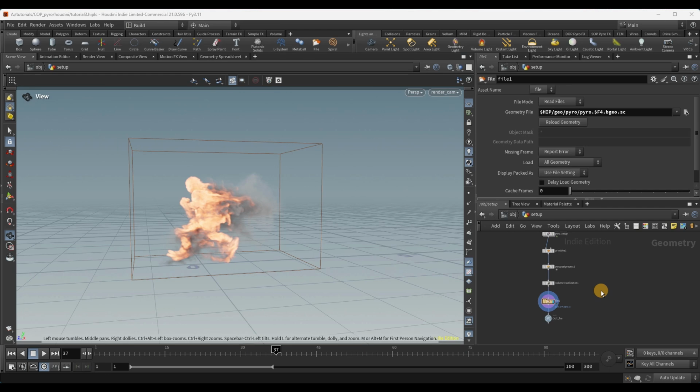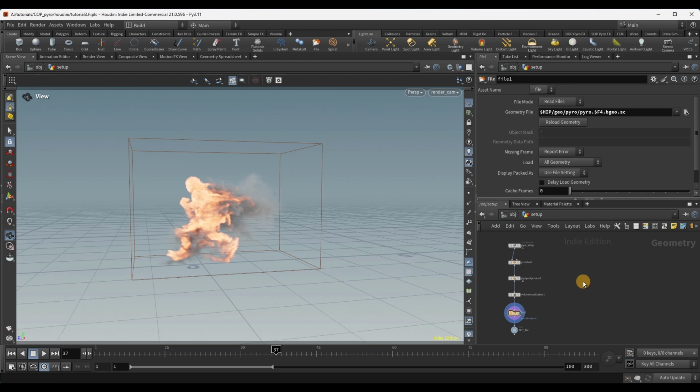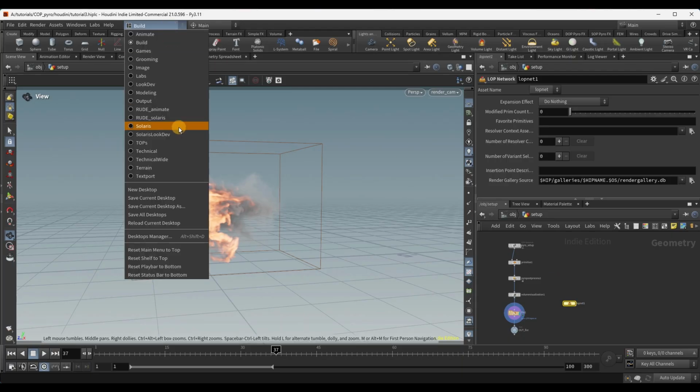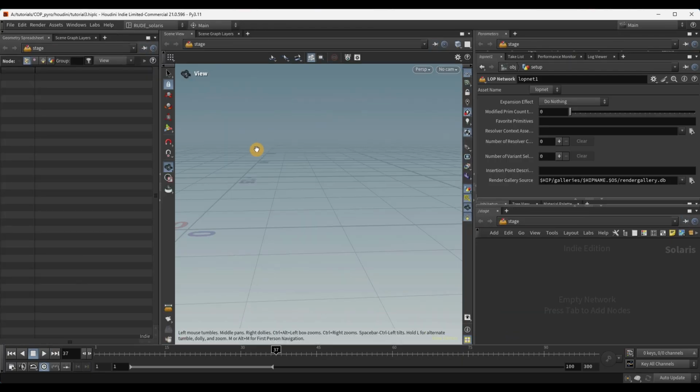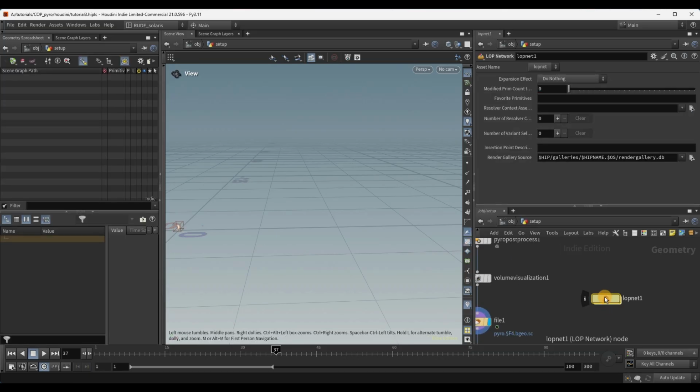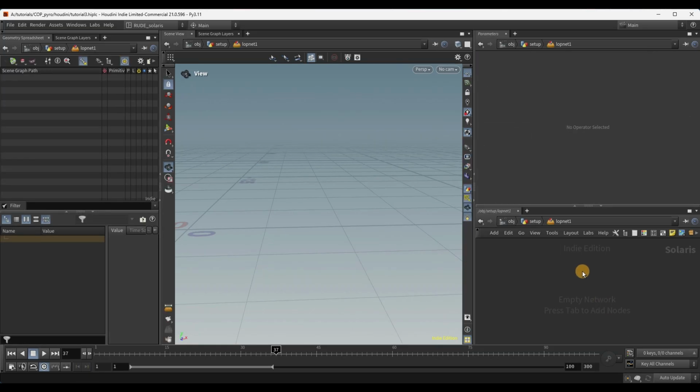All right, let's work on rendering this thing out. So I'm going to start out by creating a LOP network, and I'm going to switch my workspace over from build to Solaris, and I'm just going to use a custom desktop that I did. It's always annoying how it switches over to stage, even though I didn't want to use that stage. All right, let me go back, and then I'm going to go into that LOPnet, and I'm going to create